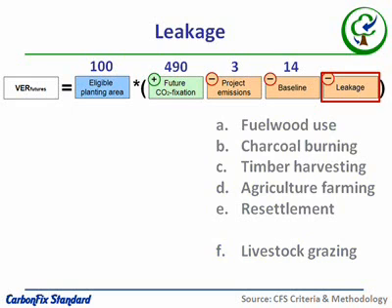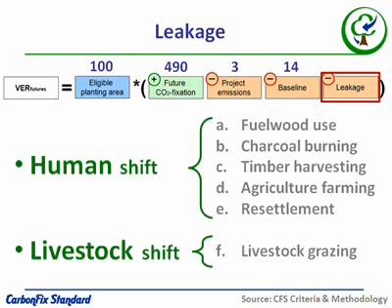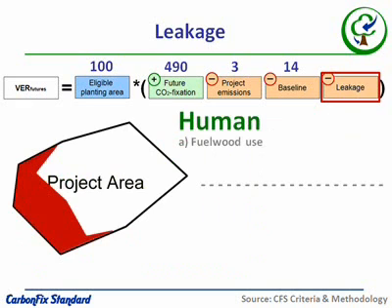For the calculation, we cluster these types into 2 categories. Human shift, which includes activities where people move to other places in order to continue their activities, and livestock shift, whereby animals are shifting to other grazing land. Let's go together through some of the calculative examples to clarify how the leakage emissions will be determined. In our example case, people used to collect fuel wood on the project